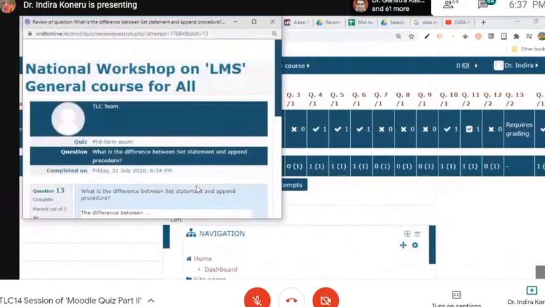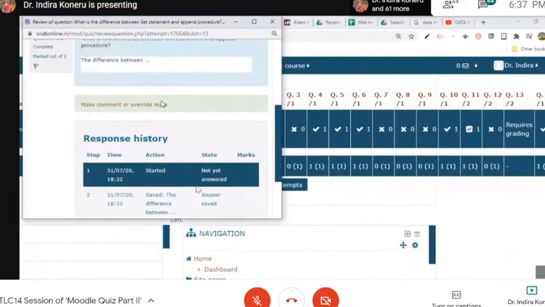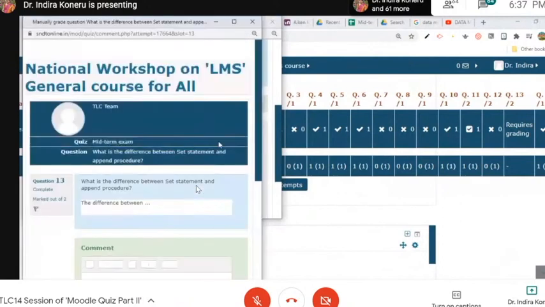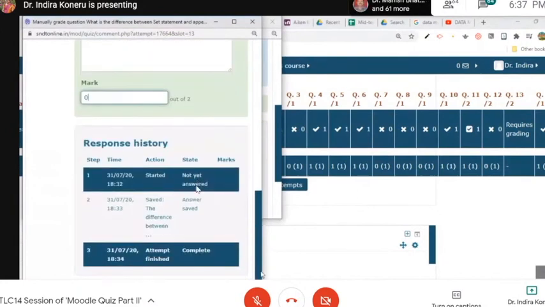One last question requiring grading is zero and save.